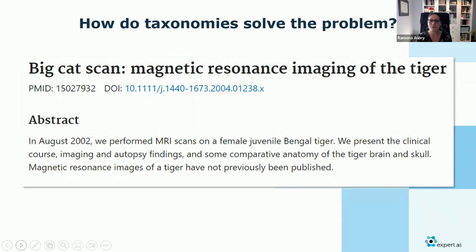So here we have the example of a big CAT scan. The title, like I said, is voluntarily ambiguous because it combines two noun phrases together in the same sentence: big cat and CAT scan. What we are doing, for instance, at Expert is using our platform to understand the context of this concept and link it to the appropriate definition or category in our knowledge graph.